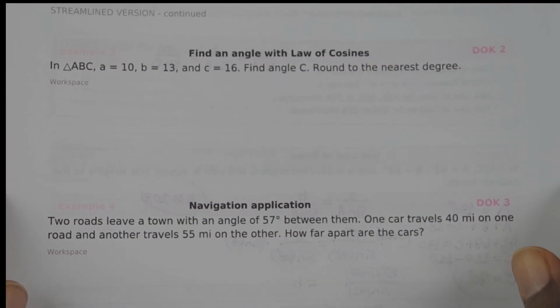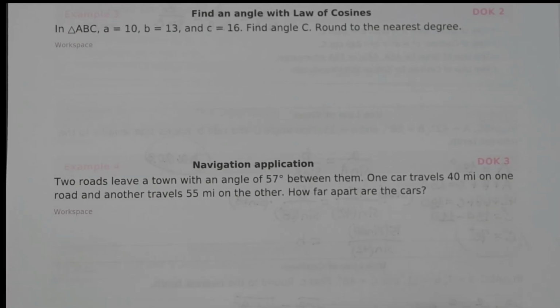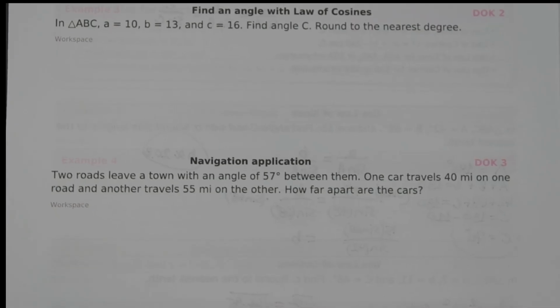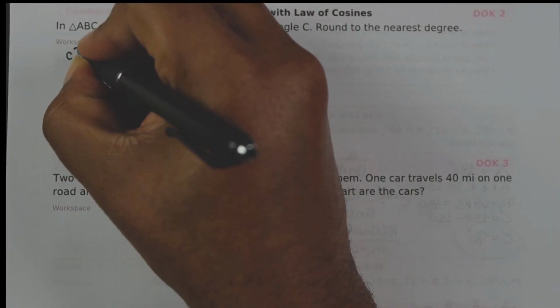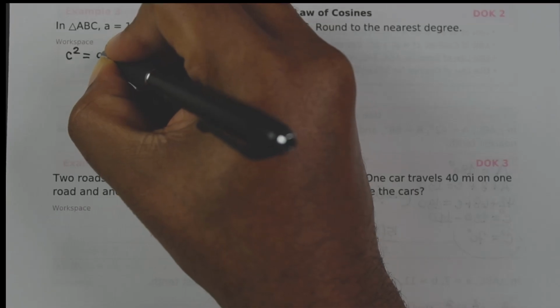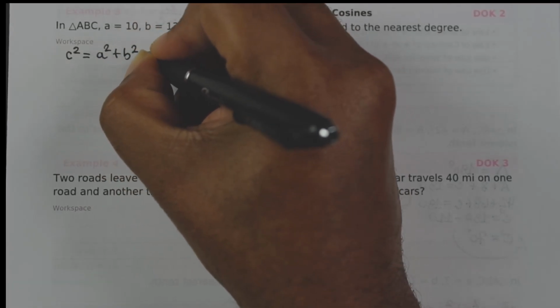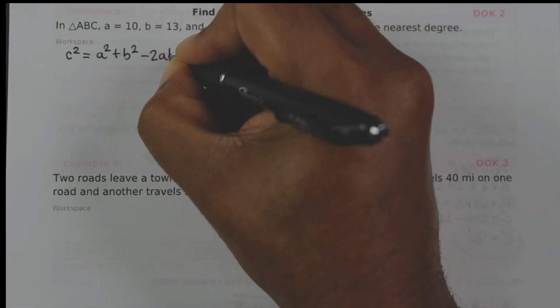All right, here is example number 3. In triangle ABC, we have a is equal to 10, b is equal to 13, c is equal to 16. Find angle C, round to the nearest degree. So we're given all three sides, and that is essentially side side side information. So we can find angle C by using the law of cosines as in the previous example. Now I'm going to show you how to solve the previous example using a different example. So remember that formula is c squared equals a squared plus b squared minus 2ab